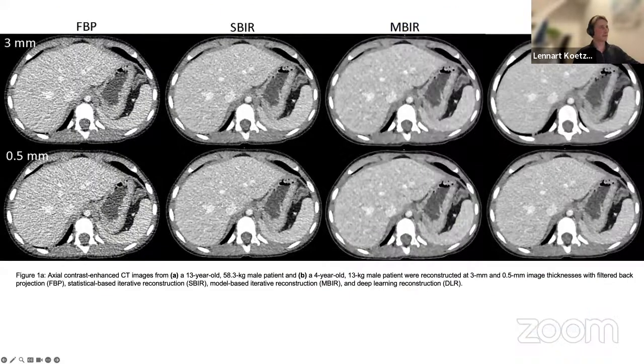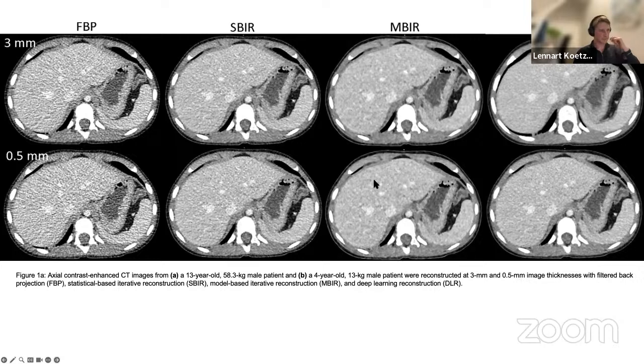I took some images from this study to show you how all these reconstruction algorithms work in thick slices and thin slices. So here we can see FBP is basically too noisy and maybe unacceptable. Hybrid IR is somewhat better, but it's still noisy. And here we can see the clear results of model-based iterative reconstruction, where although the noise is low, it's got